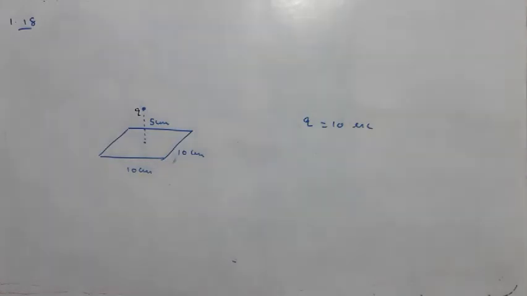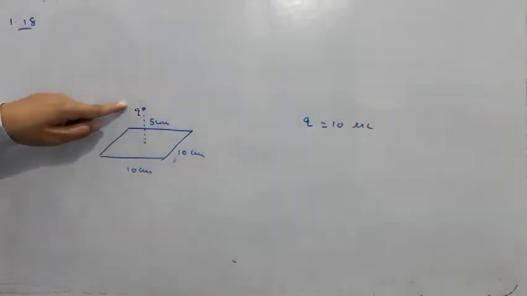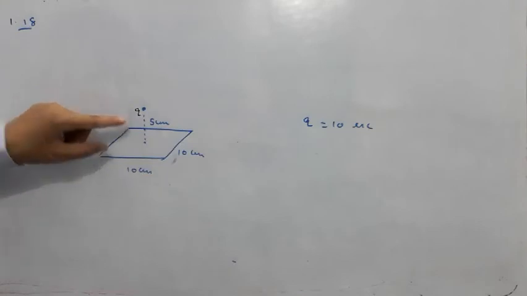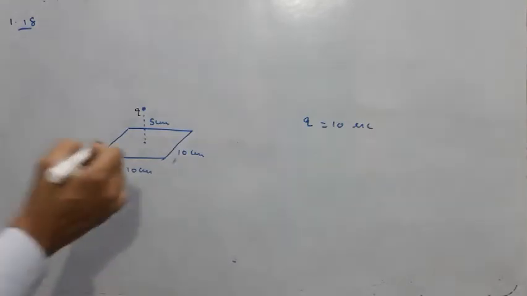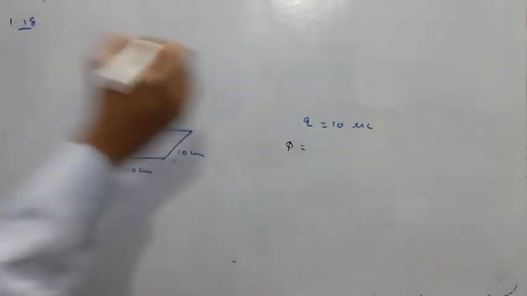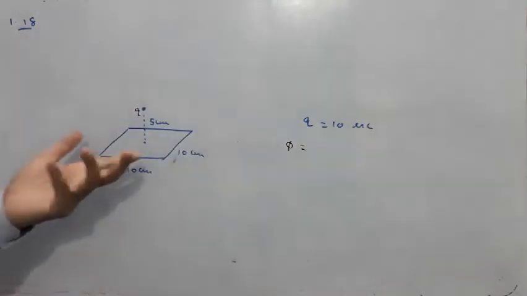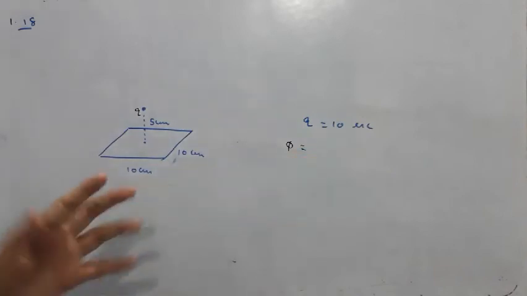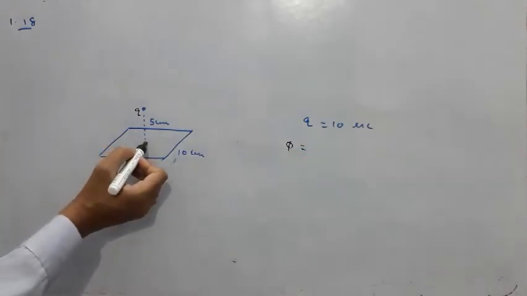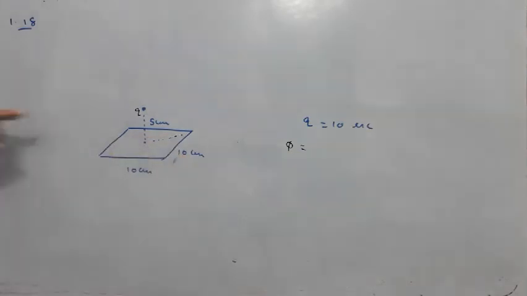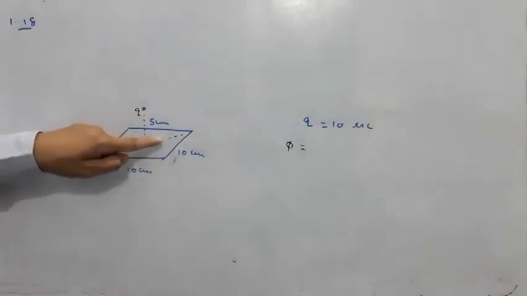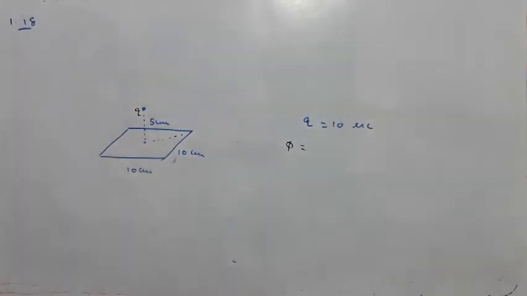The question reads like this: a point charge 10 microcoulomb is a distance 5 centimeter directly above the center of a square of side 10 centimeter. What is the magnitude of electric flux through the square? You have to find flux through the square. Now if you try to use integral E dot ds, that will be very difficult because we have to find E at different points. The different points are at different distances from this charge, so it's very difficult for that.